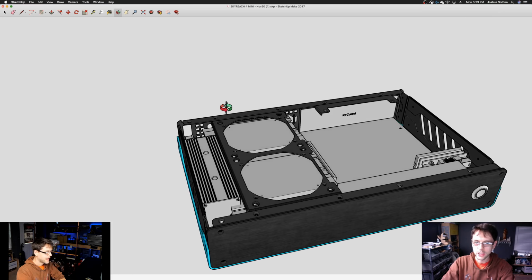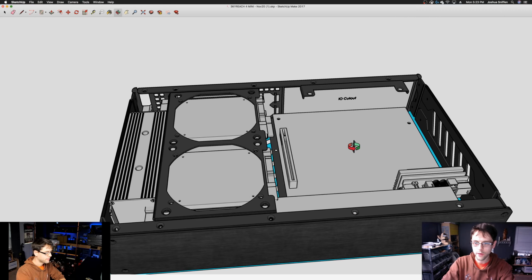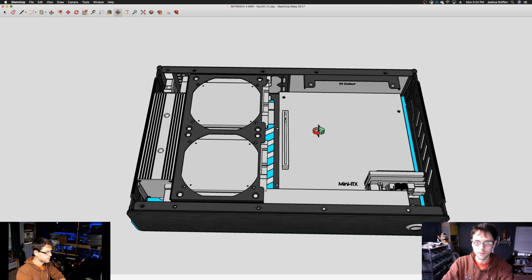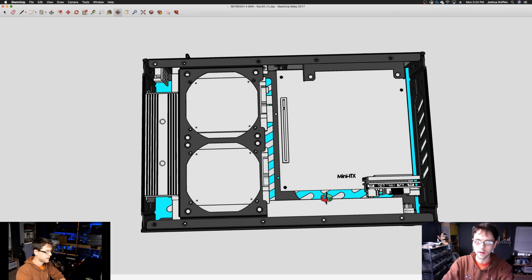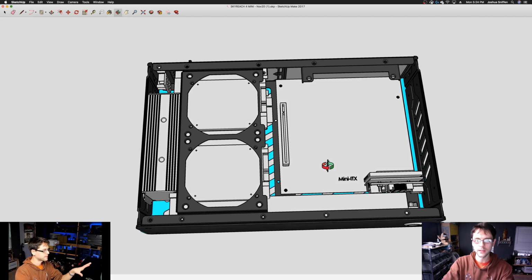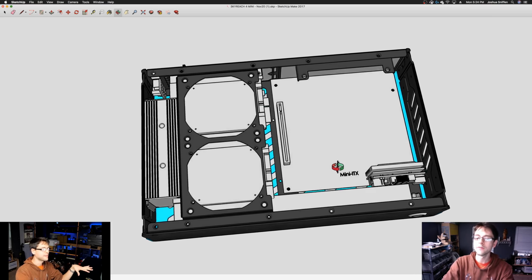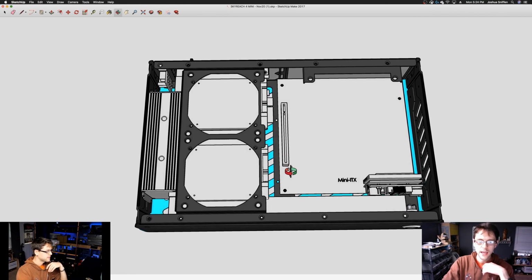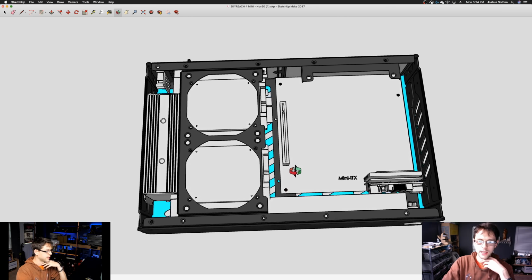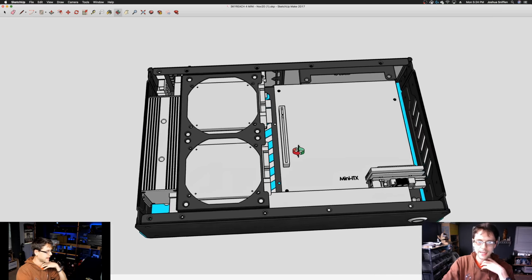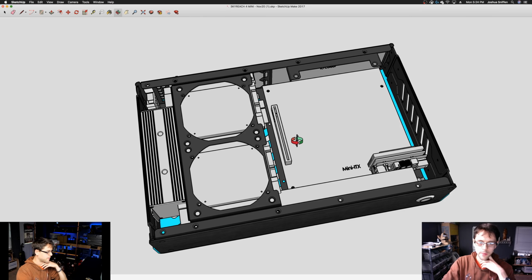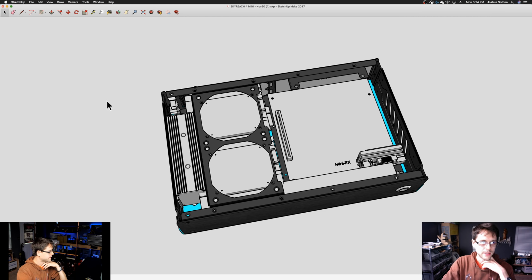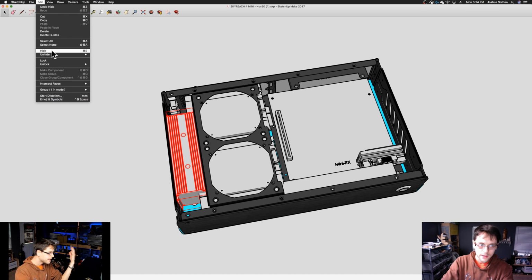And you see that I actually have some components in here already for you guys, so you don't have to go model anything up or download anything on the internets. I already have parts in here that are actually not going to work in real life, just so you have them. So let's say that our configuration is a Zotac 1080 build. Well, we know that this HD Plex 160 unit is not going to fit with that, so I'm going to go to Edit, Hide,